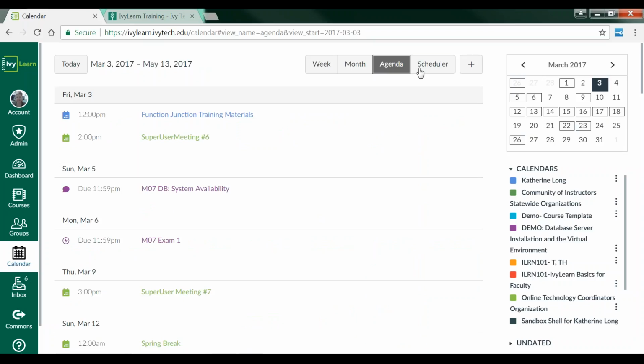The scheduler allows you to set up kind of office hours with your students. And because we have limited time, I want to show you how you can actually create an assignment or an event using the calendaring system. So as an instructor, I can create an assignment within my course. I can also do it here in my calendar. So pretty powerful stuff. When I click Create New Event,